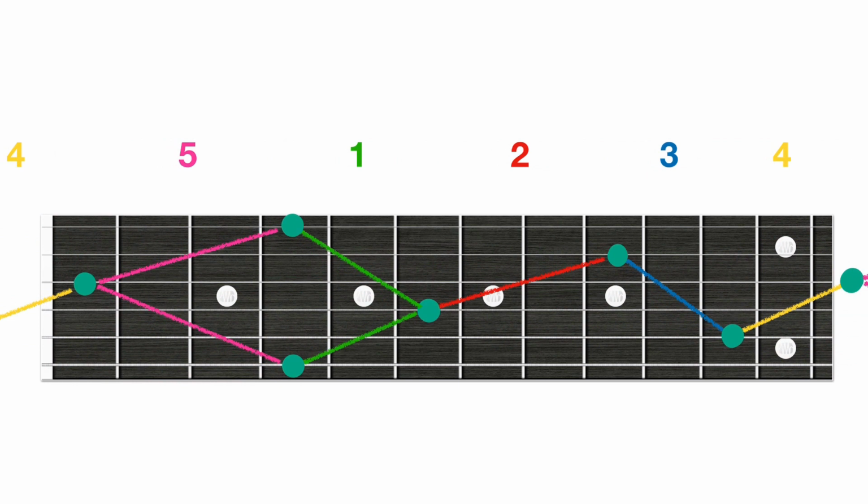Note that in the key of A flat, the nut slashes through the 4th position, so sometimes positions may be incomplete. Position 1 always starts on the key note on the high E string. I want to add that the 5 positions are often called shapes or patterns, but I prefer the term position because each one carves a precise location on the fretboard relative to the keynote on the high E string.